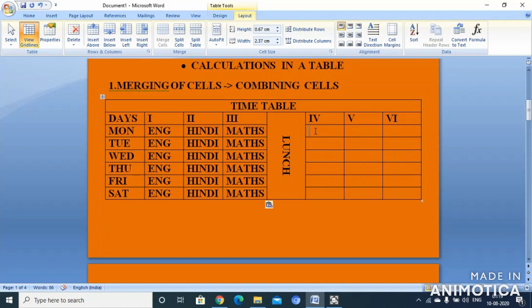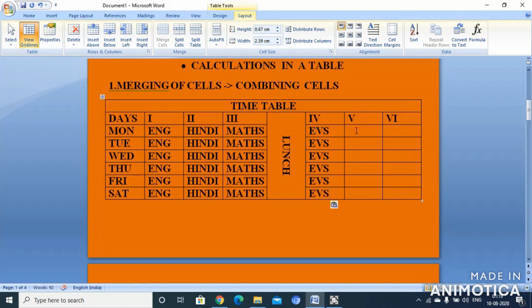Now come here, we can write here EVS. You study all of you. Then select it. Okay. After selecting this, copy this and come down and paste it. How we will paste? Ctrl V. Come down, Ctrl V. Come down, Ctrl V.